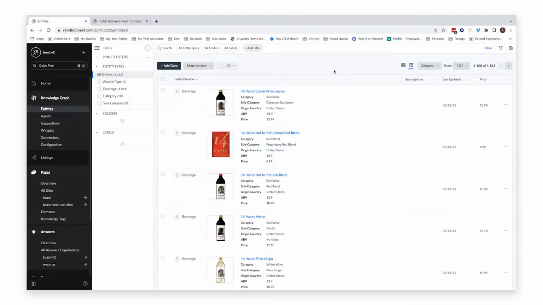I'm going to get started by first showing the Yext sandbox account that I'm going to be using today. You can see I have a couple custom entity types, but I'm just going to be focusing on the beverage entity type here today. I have about 1,000 entities in the knowledge graph, and each entity has a name, a photo, and some other information like ABV and price that you'll be seeing when I start actually developing my custom answers experience with the component